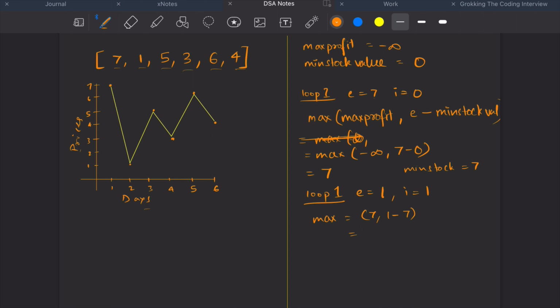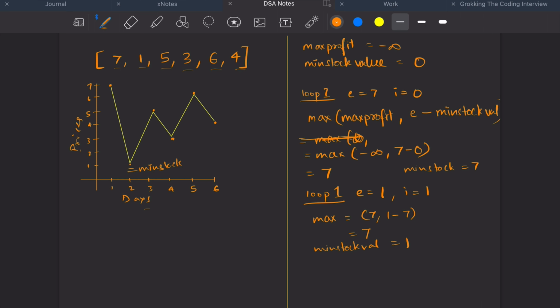That would mean it's still 7 max profit, and minimum stock value becomes 1. And if we keep continuing, we'd have min stock here as 1,